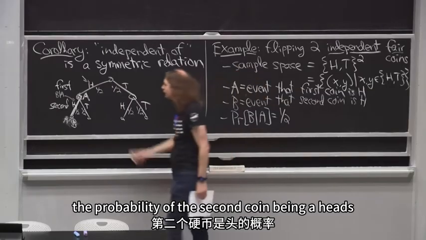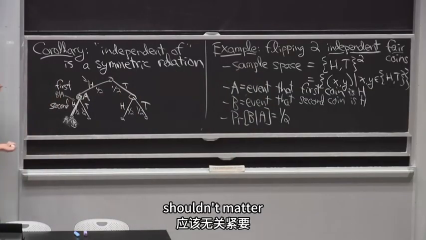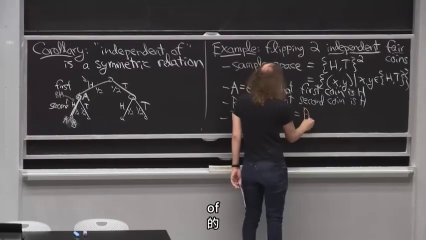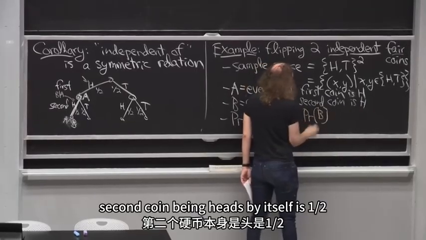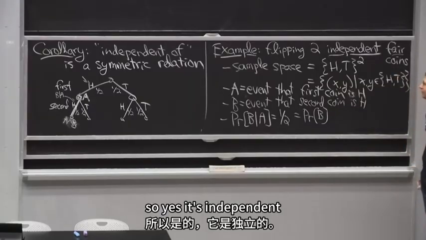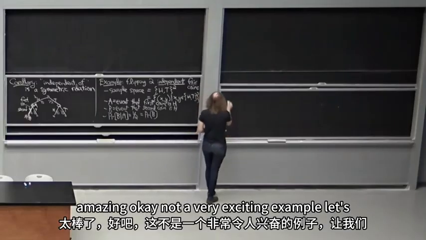That's what we defined. The probability of the second coin being a heads, given that the first one is also a heads, shouldn't matter, is a half. And on the other hand, the probability of second coin being heads by itself is a half. So yes, it's independent. Amazing. OK, not a very exciting example. Let's